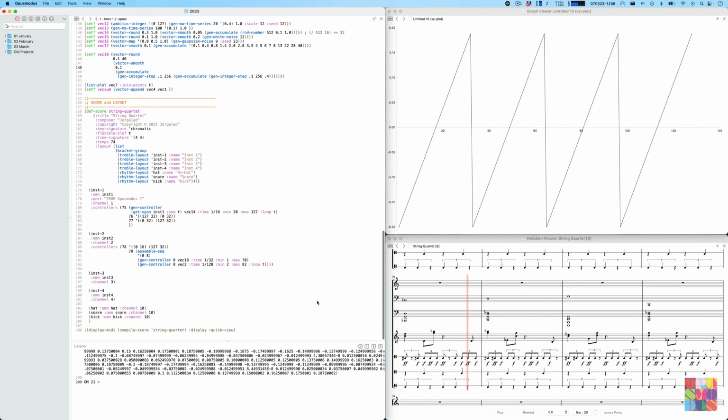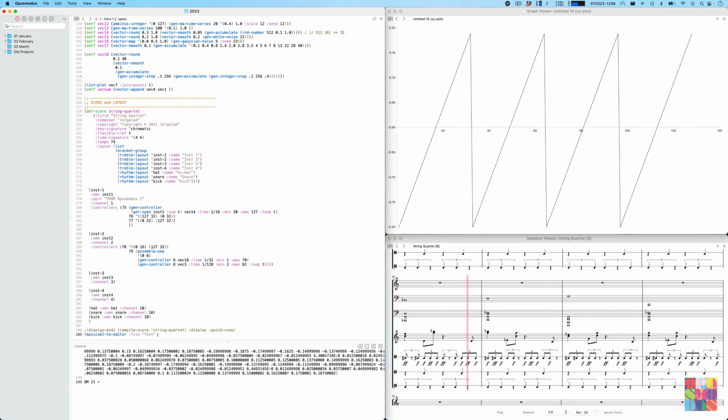One other thing I want to show you is, well, here at the bottom we have a function which displays the MIDI if we compile this score. And there's a couple of handy functions like this. You can also, for example, save the MIDI file right away. But one that I haven't showed you yet, which I think might be handy for some of you, is the one called Music XML to editor. And that's a function which takes a file name which we can specify ourselves. So we can say